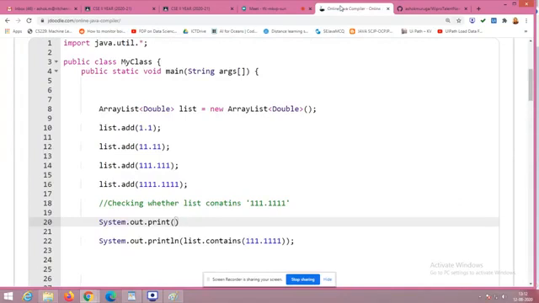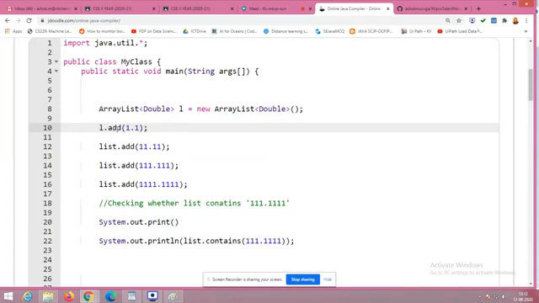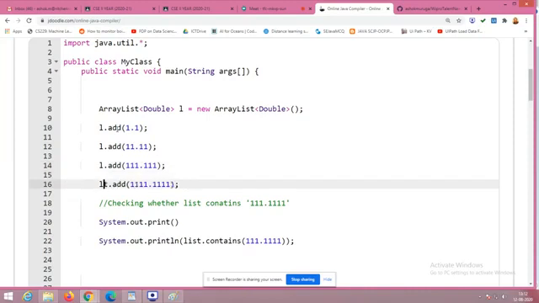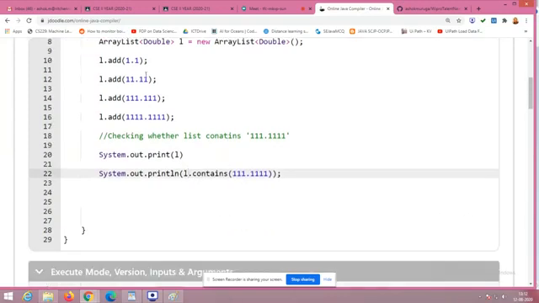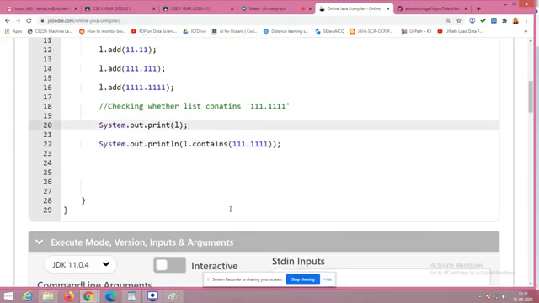The object list, small letter object list. See, you don't need to stick on this, right? List, everything. I can make it because conventionally it is giving very good meaning. Instead of that, I can change it to L. So what will happen? Nothing. So change it as L and change in L. L dot add, L dot add, L dot add. So finally, I'm going to print my L here. That's all. So I have to check L dot contains. Is it available or not? So this element visibly it is not available to us. As you print the list, next we will see.